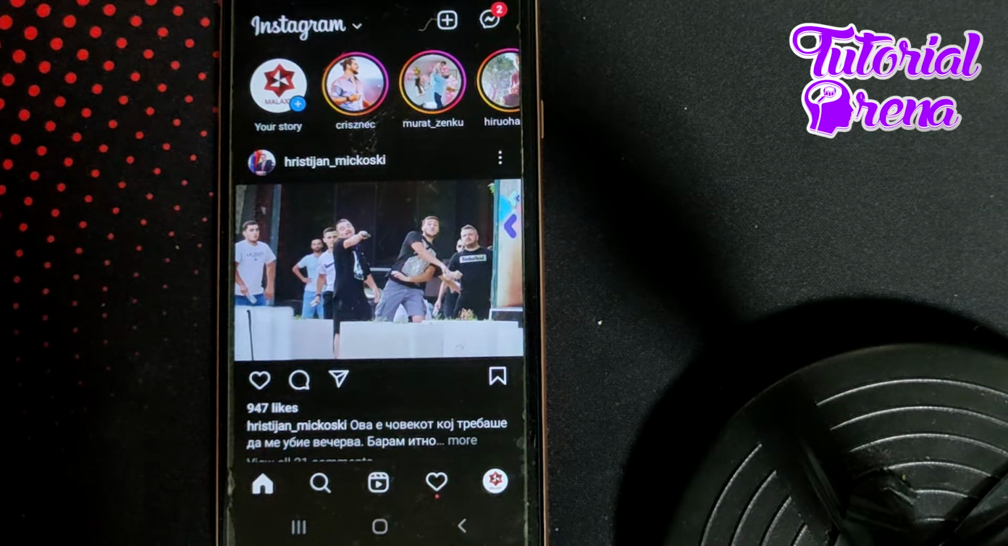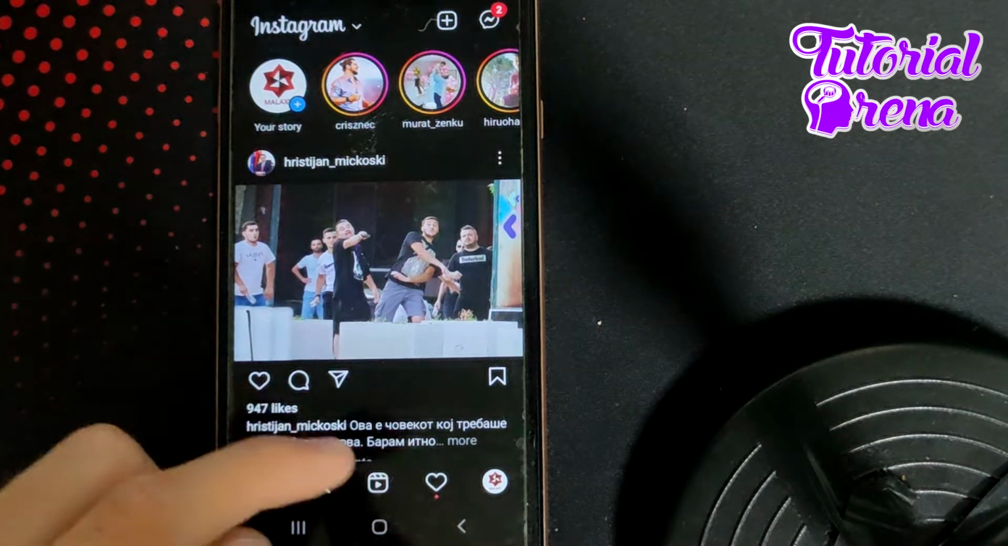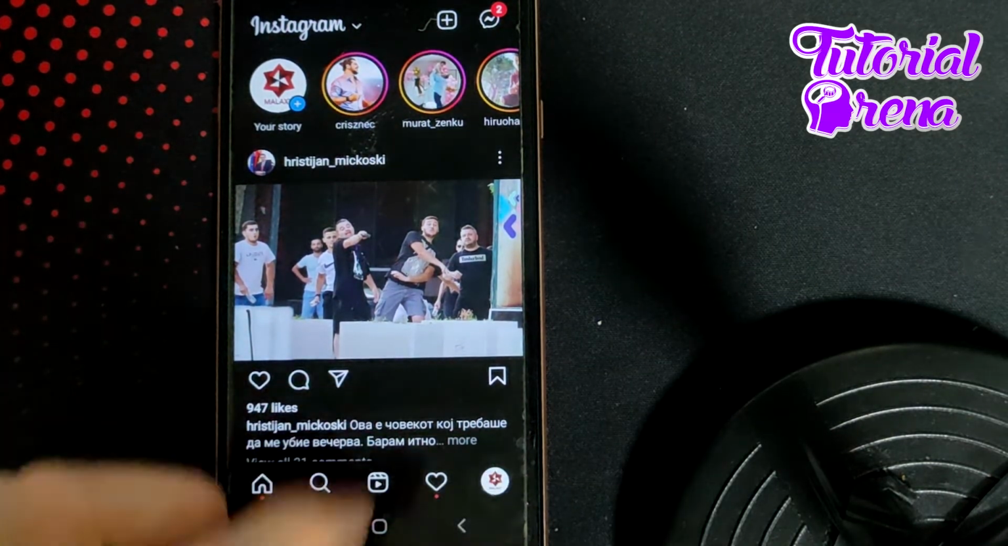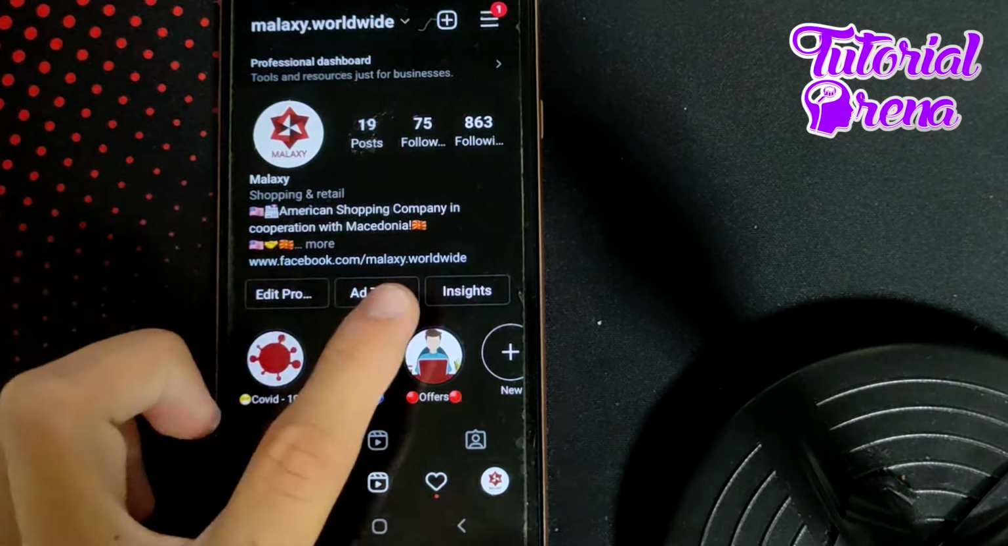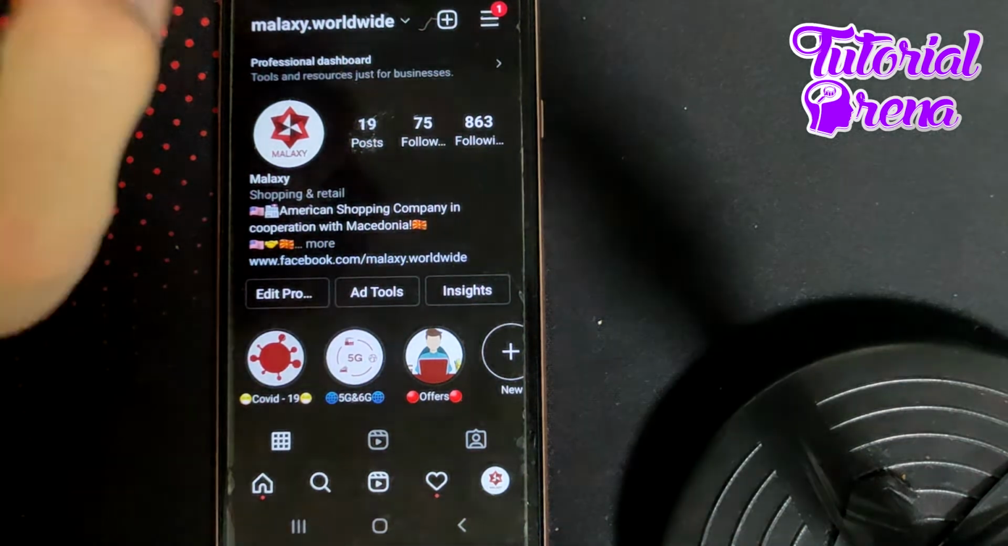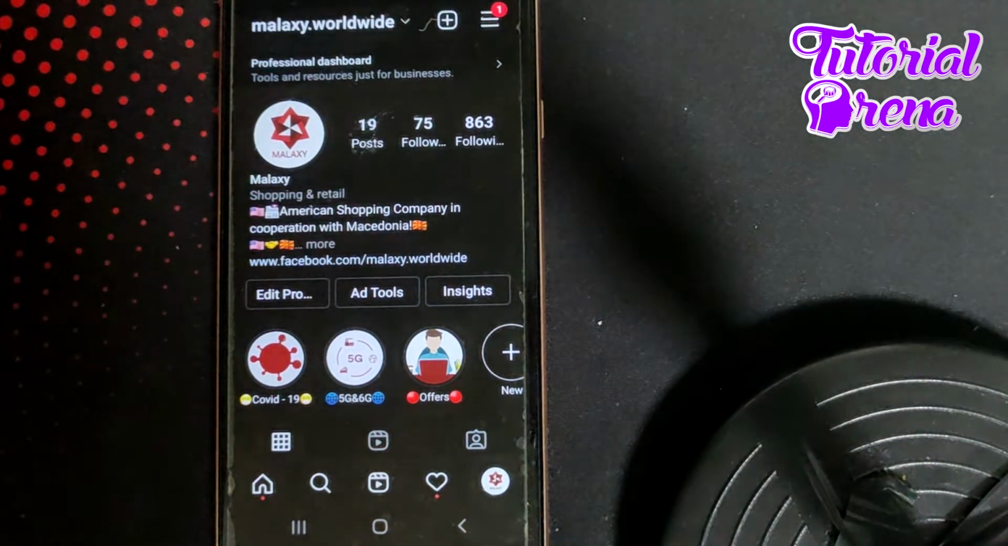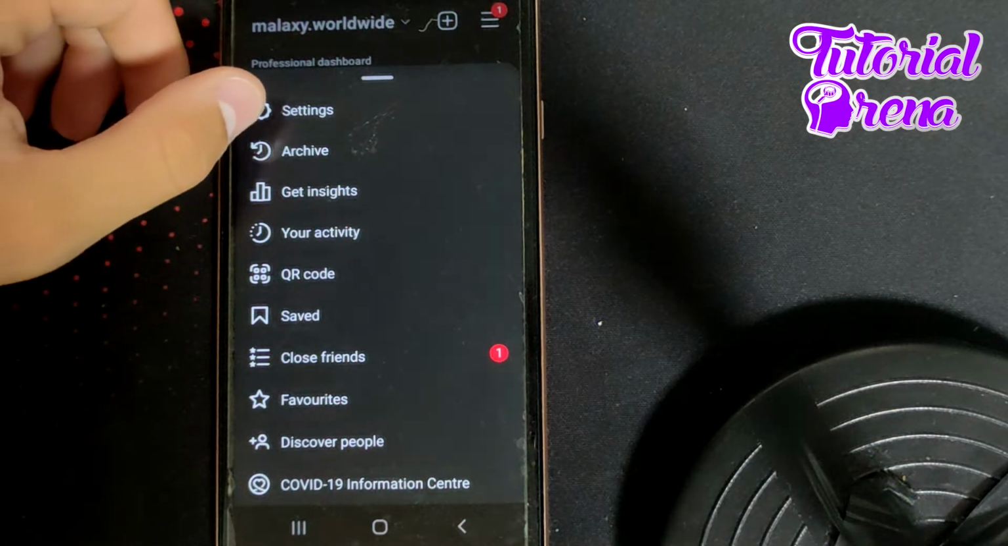How to restore deleted posts on Instagram 2022. Firstly, when you open up your second selection, you need to go on your profile side selection right here on your profile, then go on the three dots on your right upper side, go on the first selection, which is